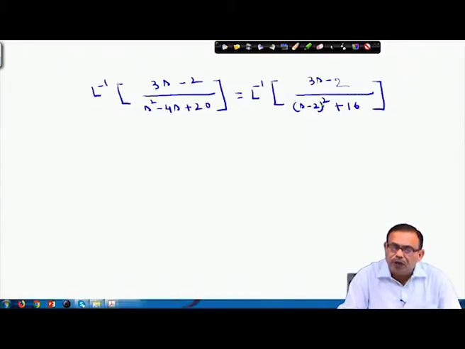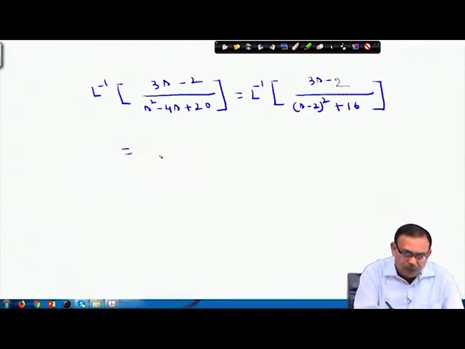So, basically whenever we try to find the solution of inverse Laplace transform, the function of s, I should bring it in some forms whose Laplace transform is known to me. That should be the basic aim whenever I try to solve a problem. So, I will bring it to some common things. For that reason, this denominator we are breaking it in the form of a square plus a square form.